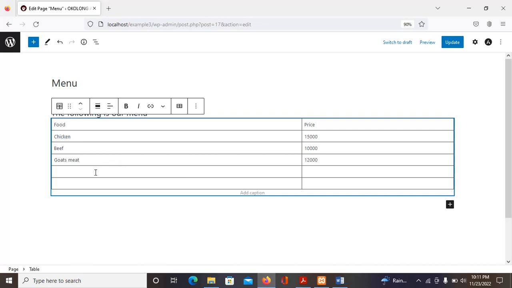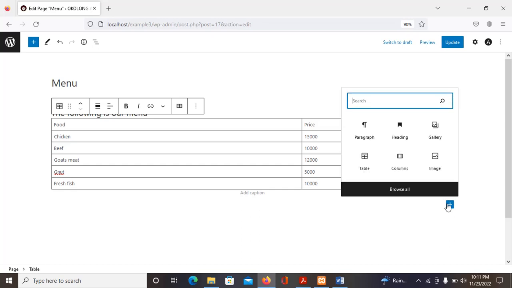You have peanut, 5,000. You have fresh fish, it's around 10,000 also, with many others. And then down here you can add another paragraph,